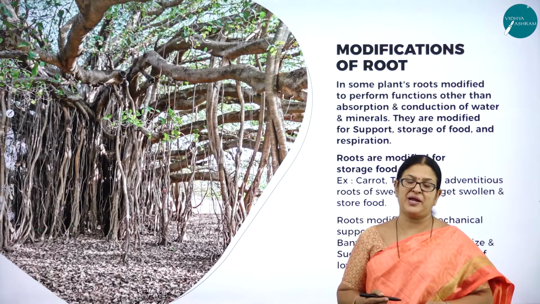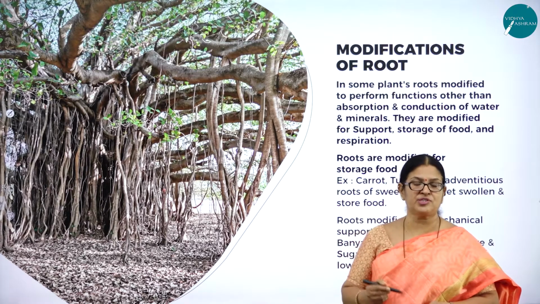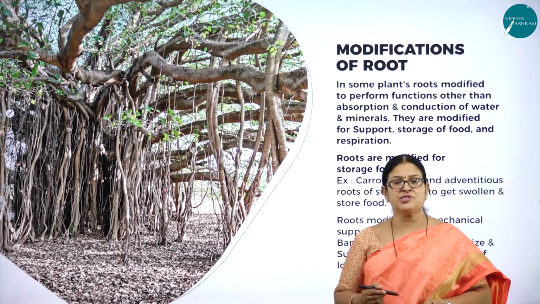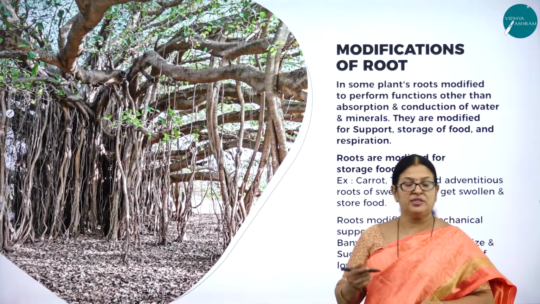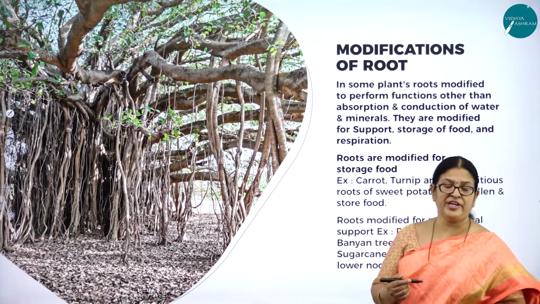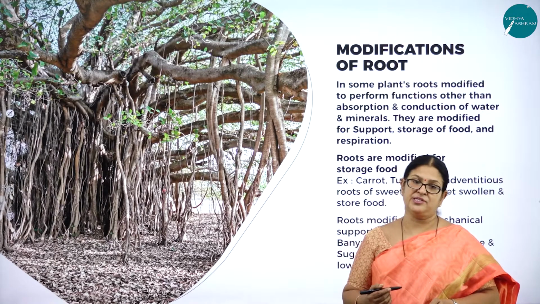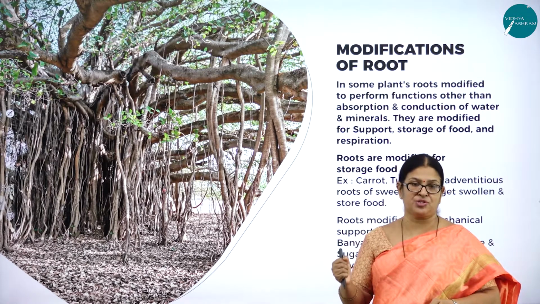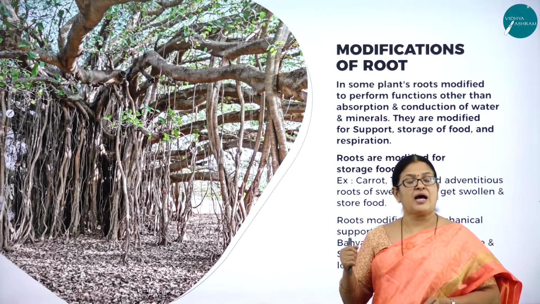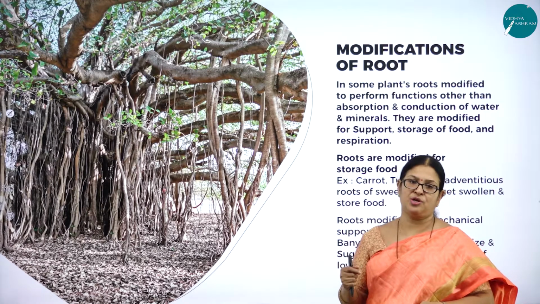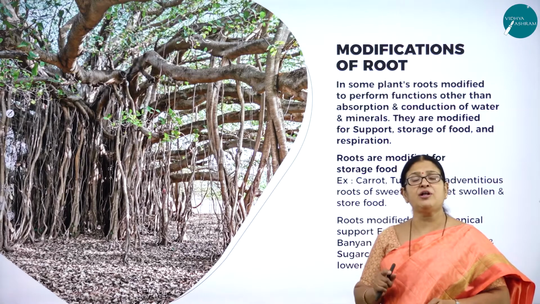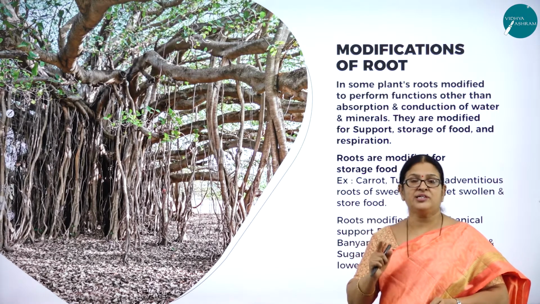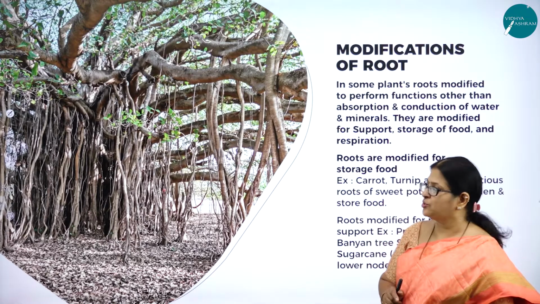As I said, the flowering plant or angiosperm plant consists of the root system and the shoot system, and the root system is the part which grows below the soil, which is positively geotropic and negatively phototropic. And we also studied about the functions of the root. As you know, the very important functions of root system, first is what? Anchorage, fixation firmly to the soil, and then absorption of water and dissolved mineral solutes. So other than those normal original functions, if at all it gets itself modified, such type of root system is called modified root system, right?